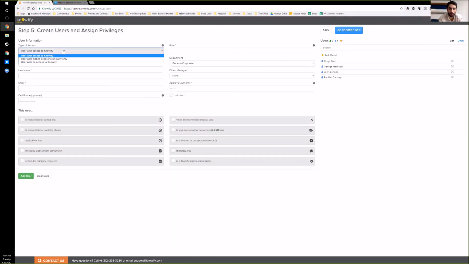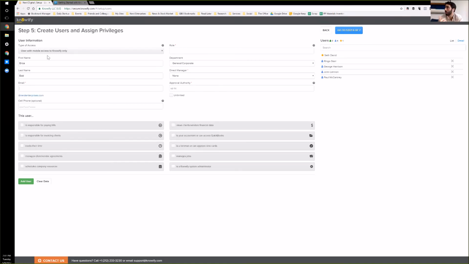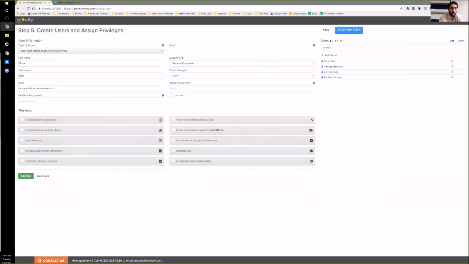It means you're a free user. This is how we control pricing for Notify. Mobile access to Notify only means that you're going to use the smartphone app, which can do time tracking. You can do purchases from the field. You can upload images if necessary. You can submit comments. This is just where you get this information. Mobile access, you get 3 with our base package, and then you can add more for $5 per user per